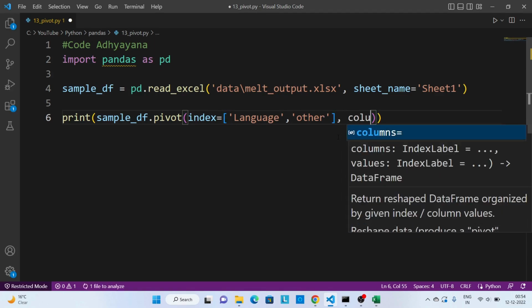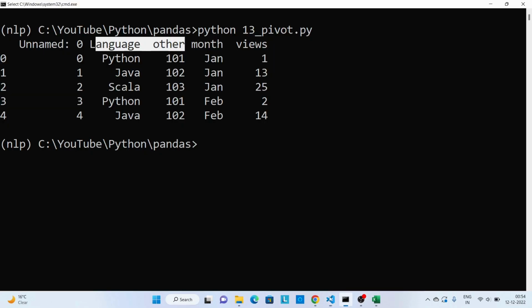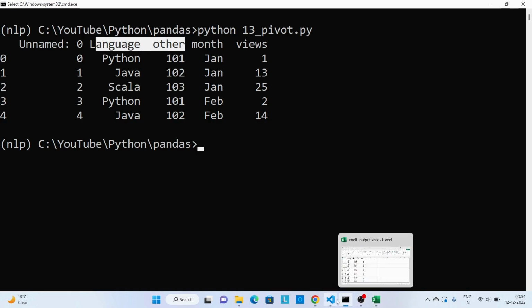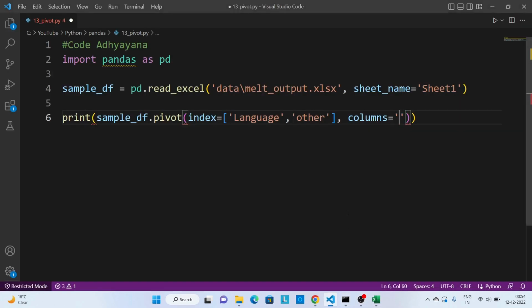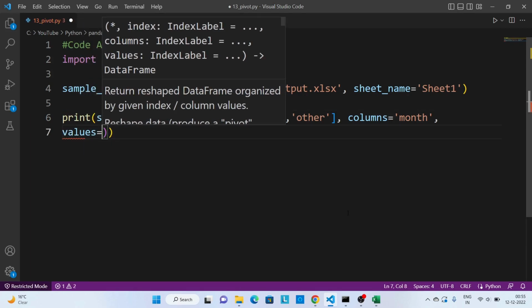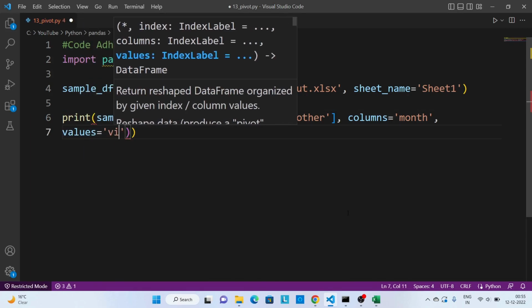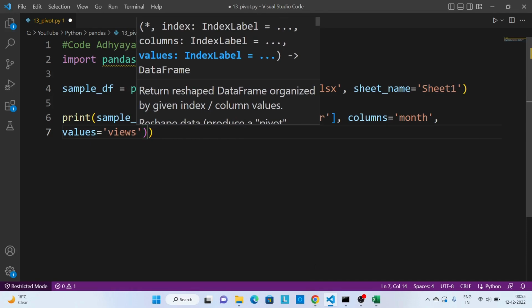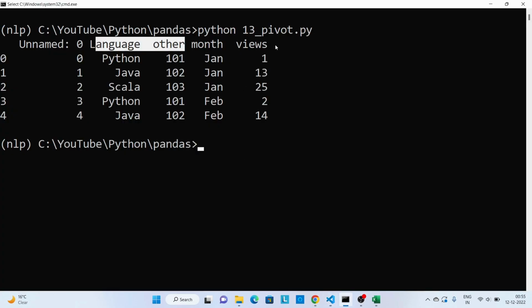Next is columns, and for columns we need to pass this month column. And finally values with views, the last column.